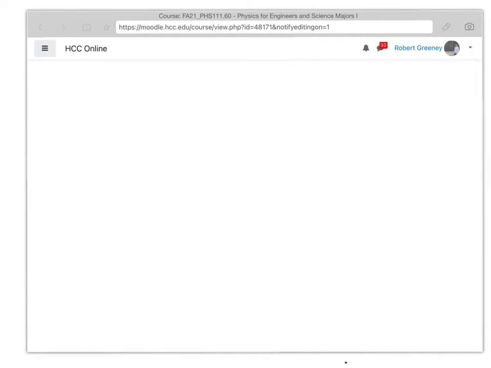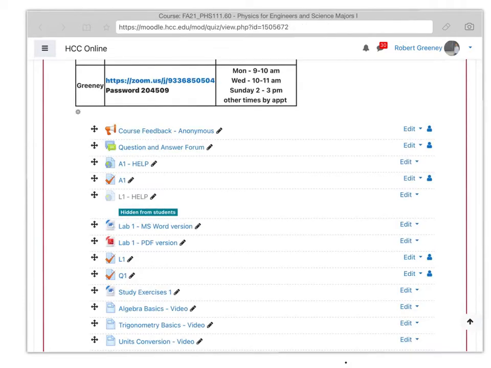So when you go into Moodle, you'll see that there's this L1 icon. That is the lab. That's where the lab is entirely done. However, there are two documents, a PDF and a Word file, which you'll need to use for the in-lab part. And whichever you choose, the Word or the PDF, you'll submit that in here. So let me open L1